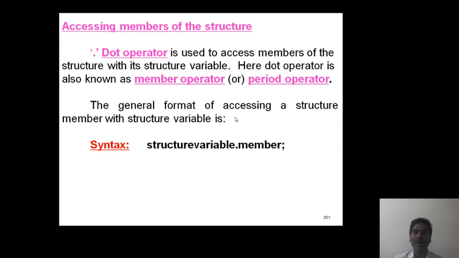This is the general format, the way of accessing members of the structure with a structure variable. Syntax: structure variable dot member of the structure. In this example, the name of the structure variable is b1 and pages is the member of the structure. So b1 dot pages.